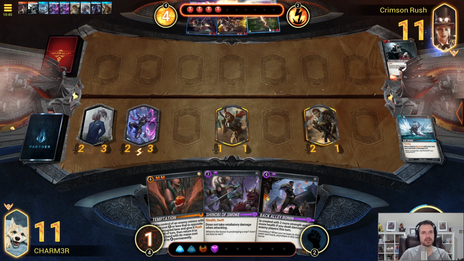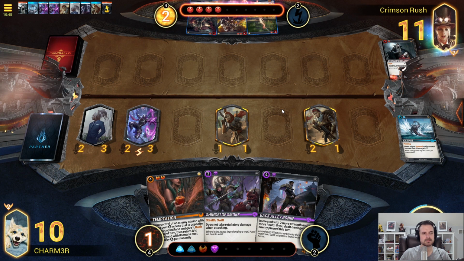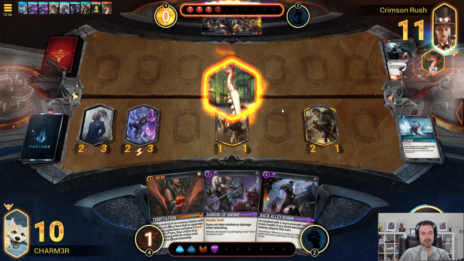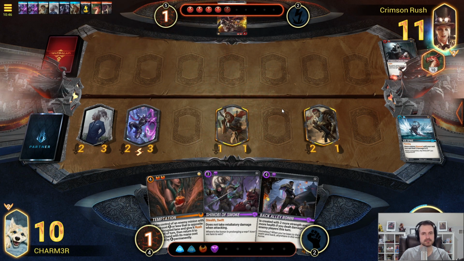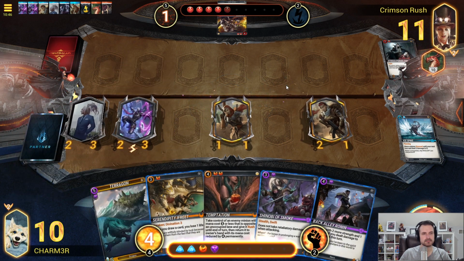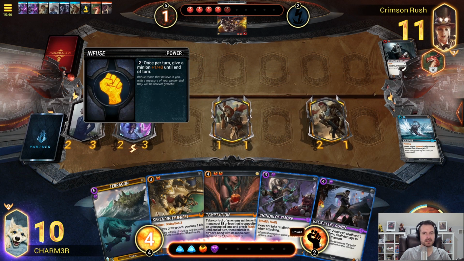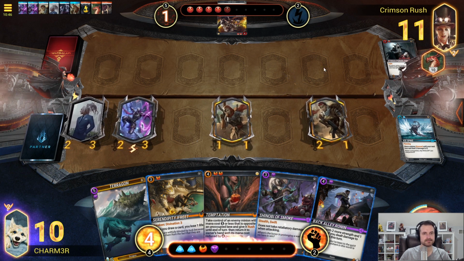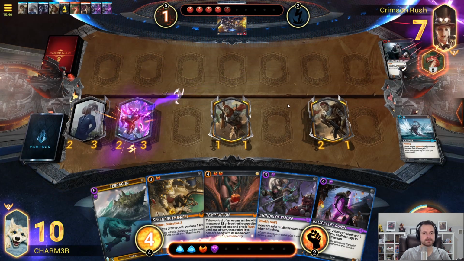And so that's going to be a nice easy turn for us, as they have not drawn any minions. And in fact, we're 1 off of lethal. We have 7 on board. This will deal an extra 2, which is 9, and then the infuse here represents 1 more. But we can't quite get there, so...